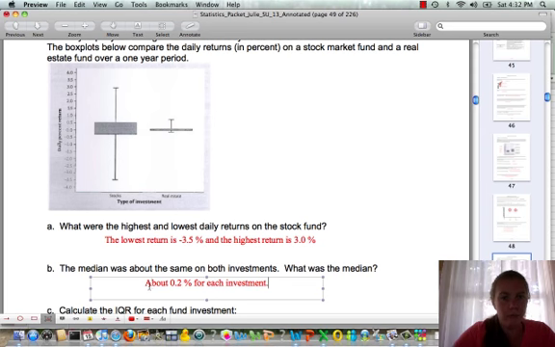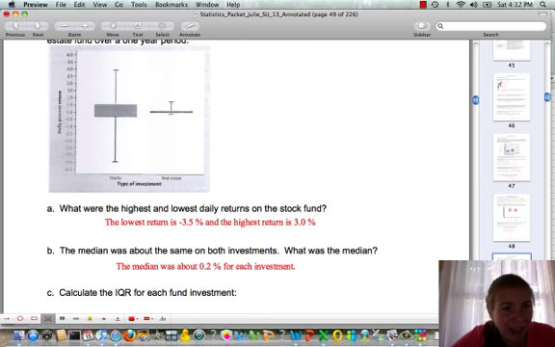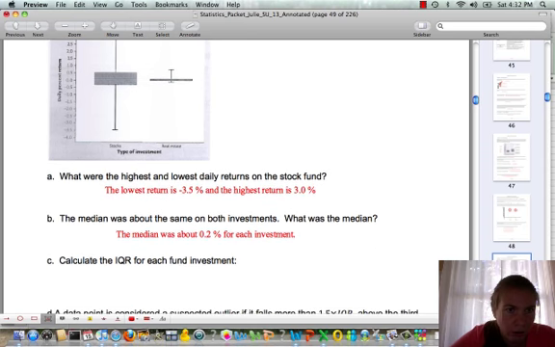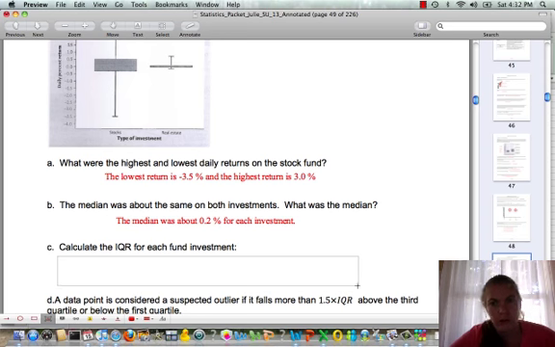We could say the median was about 0.2% for each investment. Now it's asking us to calculate the IQR for each fund investment. So for stocks, we can do this. For real estate, we're going to have to use some guesswork. So we're going to say stocks